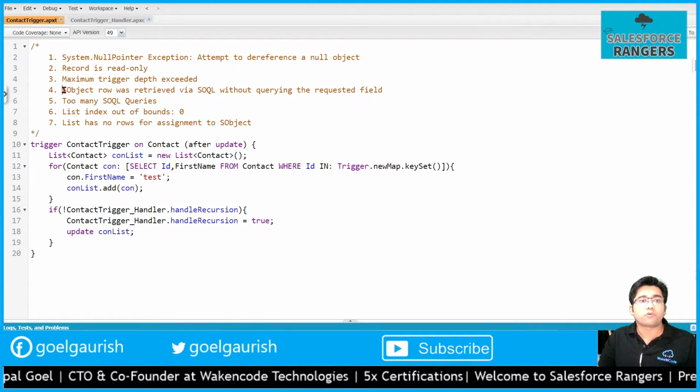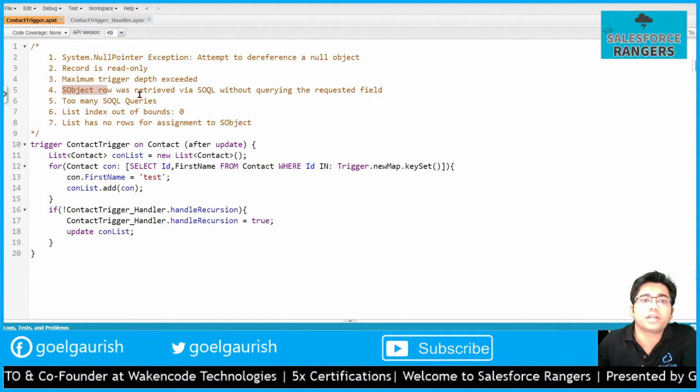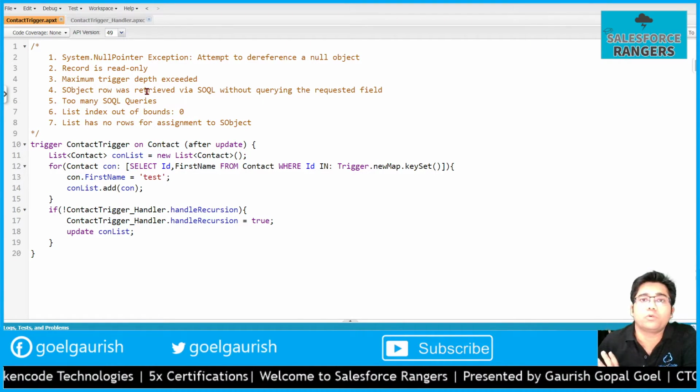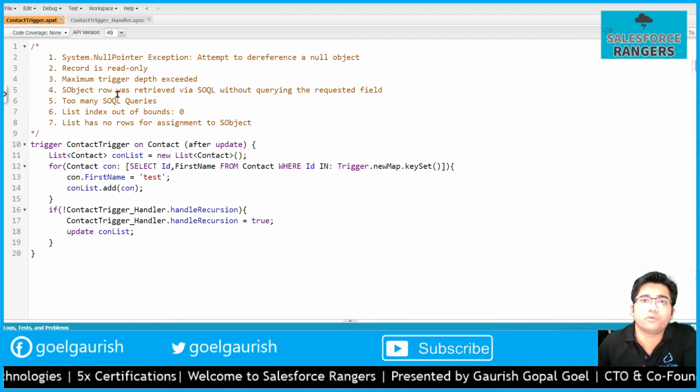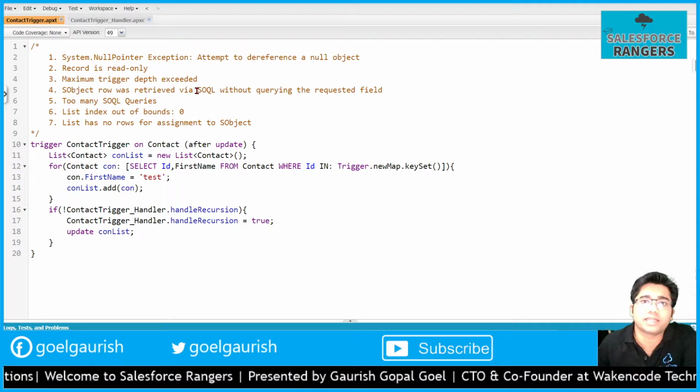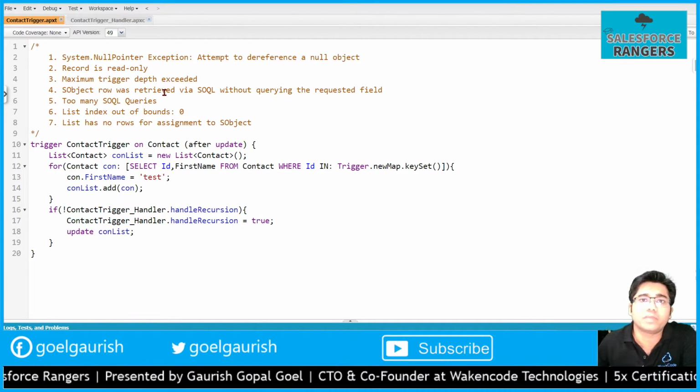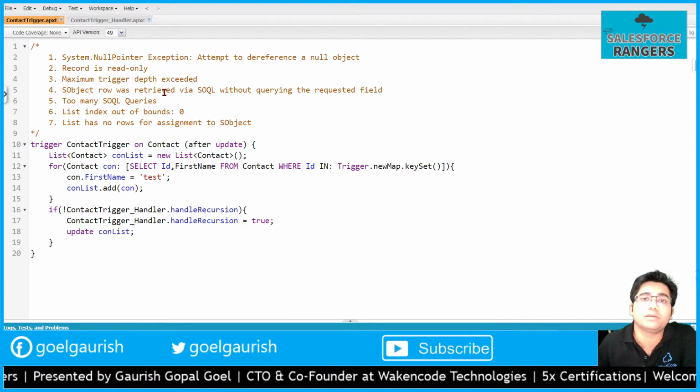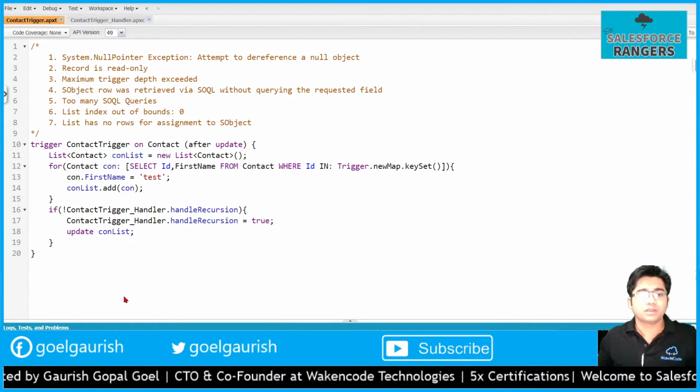Okay, so the fourth error is: SObject row was retrieved via SOQL without querying the requested field. If you read and understand this error message, you will right away understand the cause of this error. In our SOQL, we have missed including a field API name. That's it.